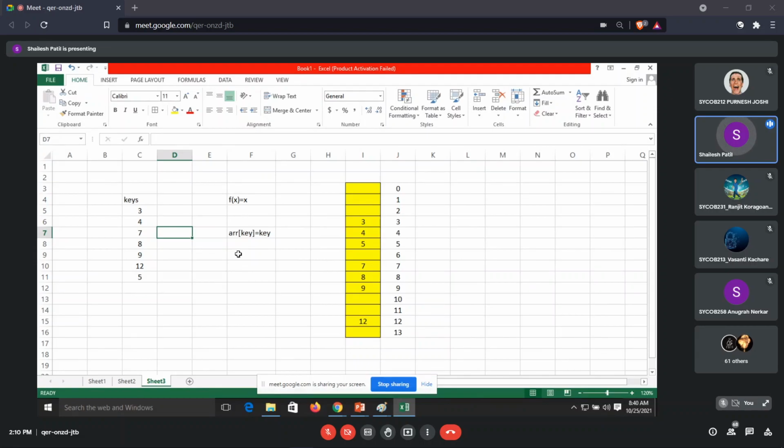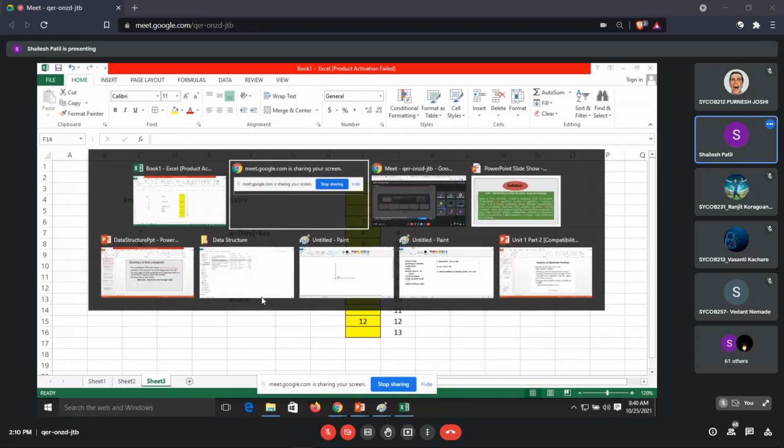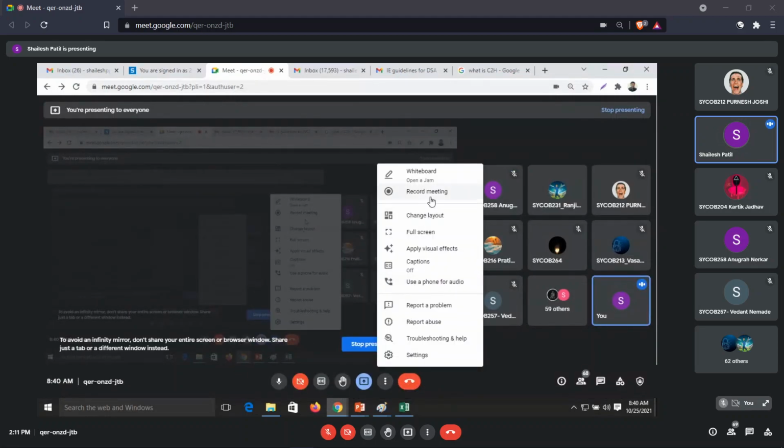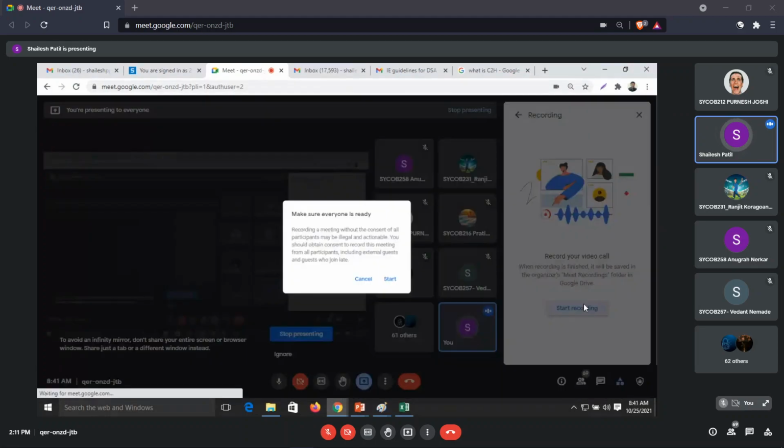So I will just make a function: if array of number, the number that I have to search, is equal to number, then we can say present, else I can say absent. Is it clear? Yes, sir. Okay, so this is the main thing. By this way, we can easily achieve the complexity of 1.